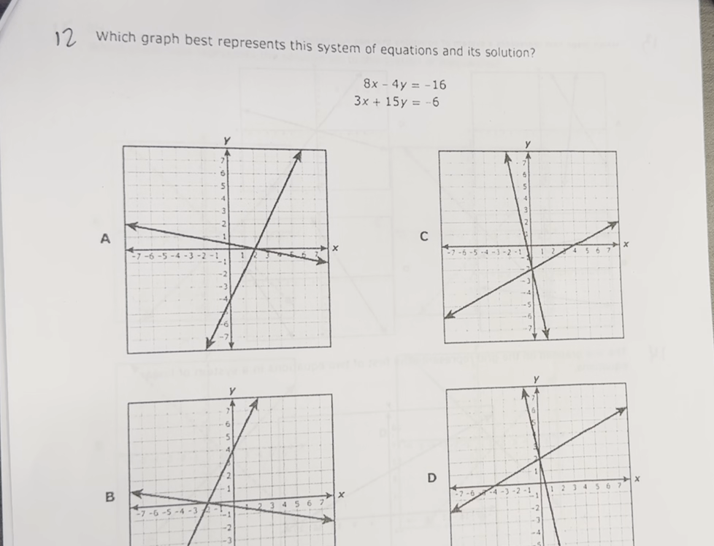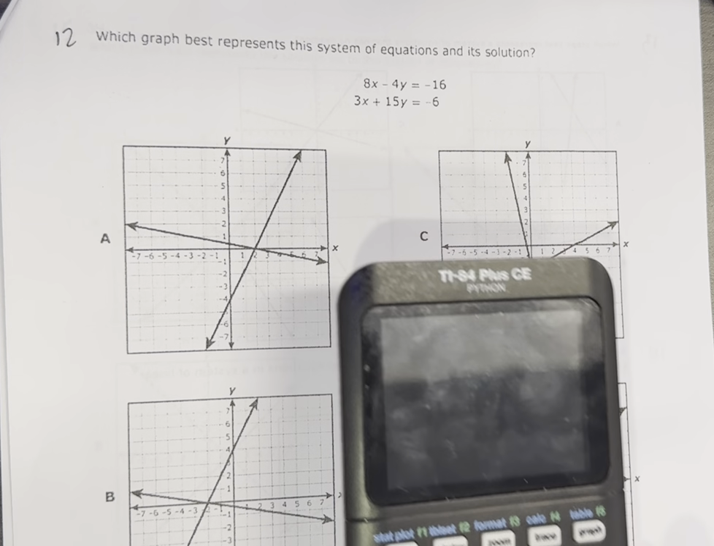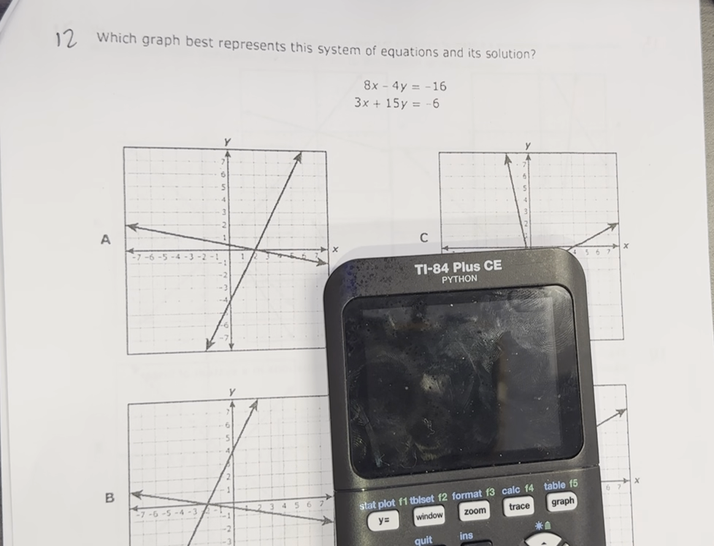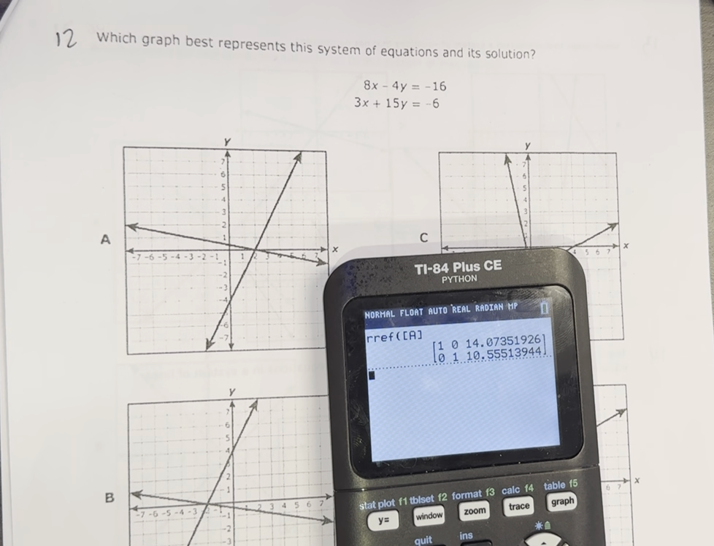Okay, 12 you could do the same way we just got through doing with the x and y intercept. But let's go ahead and run it through matrix. So turn your calculators on and put it in a matrix. So once you've done a matrix once, you can copy it. You don't have to do the math again. So second matrix,